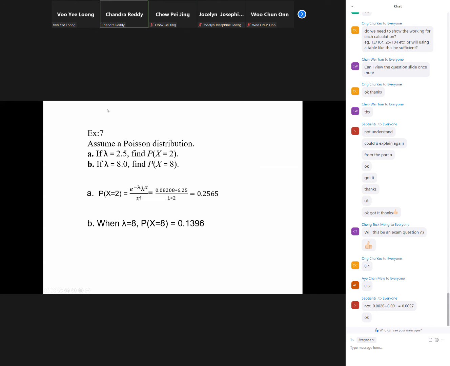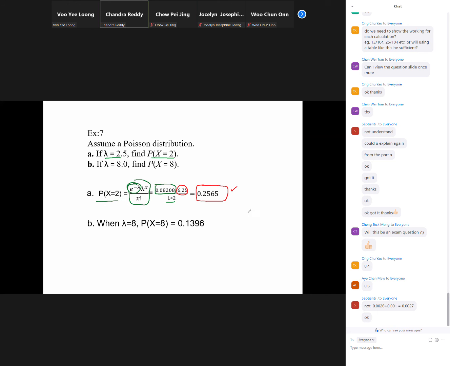Let us say an example can be lambda is given, and you're asked to calculate the probability of X is equal to 2. You can use the formula e to the power minus lambda multiplied by lambda to the power of X over factorial X. When X is equal to 2, factorial X is 1 into 2. When you calculate e to the power minus 2, the value you get is 0.0808. Then lambda to the power of X, that is 2.5 squared, which is 6.25. If you do this calculation, you will get the probability of X is equal to 2, assuming Poisson's distribution, so